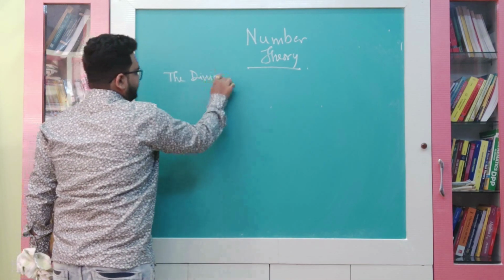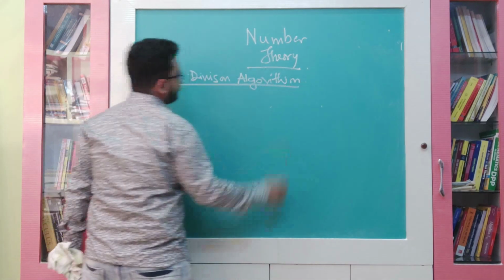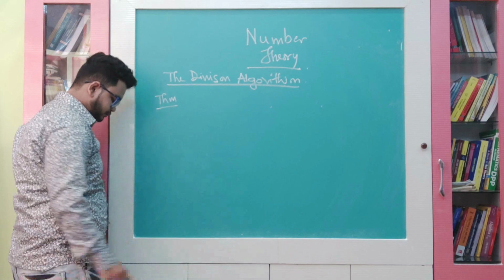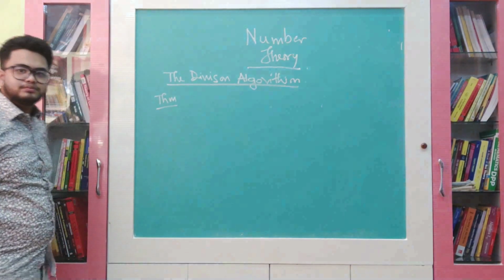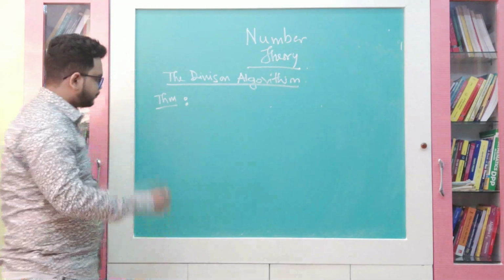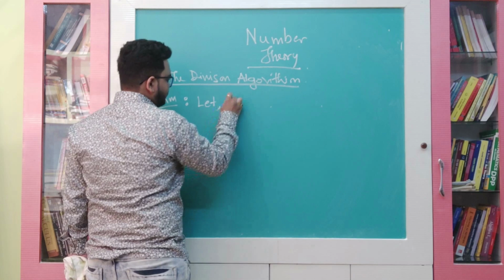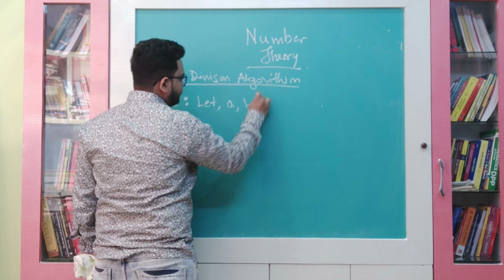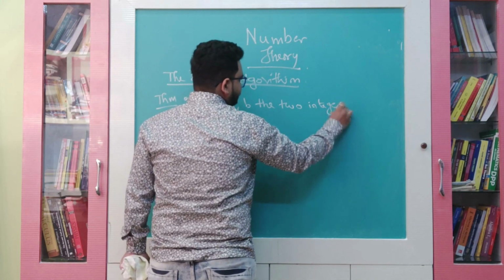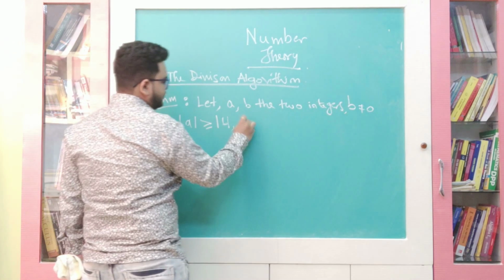The division algorithm. It says that, so theorem, okay, so it says that, let a and b be two integers, b not equal to 0, modulus of a greater than or equal to modulus of b, then